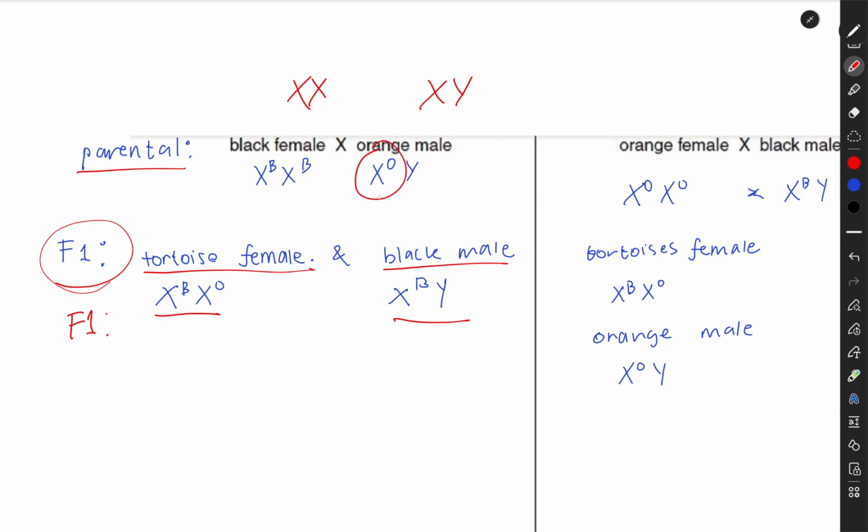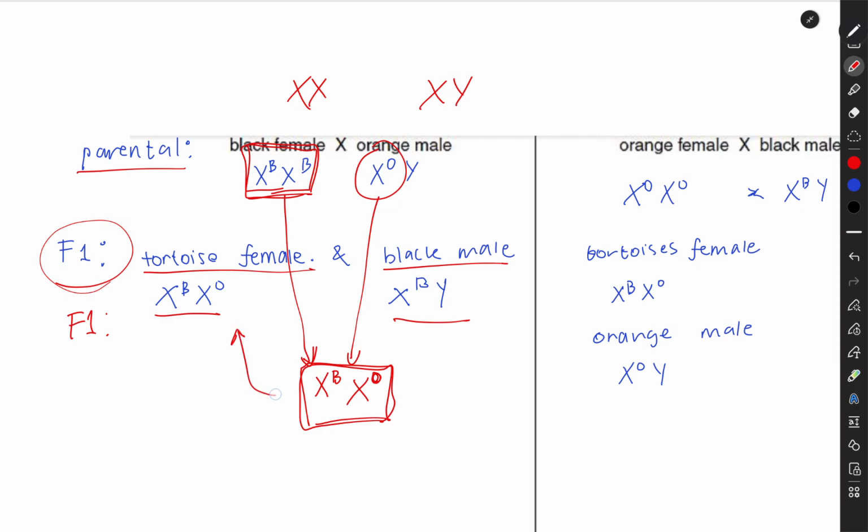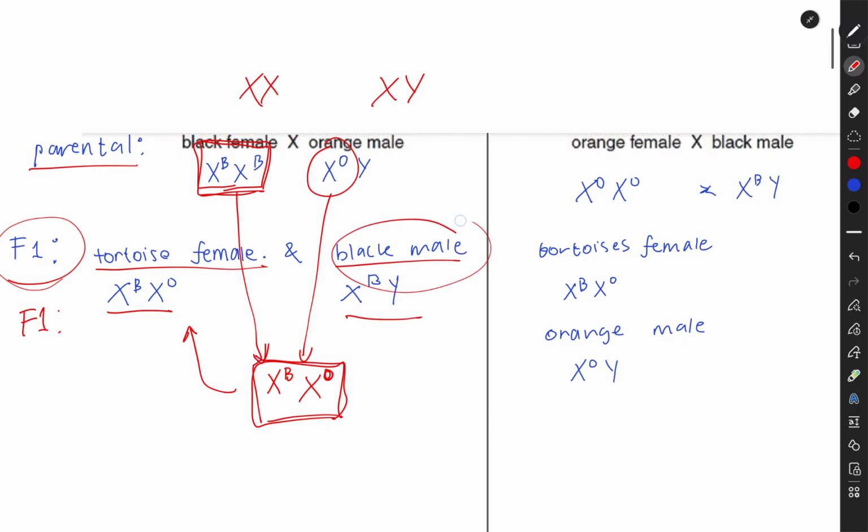So the father will pass on its X chromosome, which contains the orange allele, and the mom only has this black X chromosome, so it will just give this genotype to its daughter, which will be a tortoiseshell female. And the black male will of course get its X chromosome from its mom and Y chromosome from its dad, and so